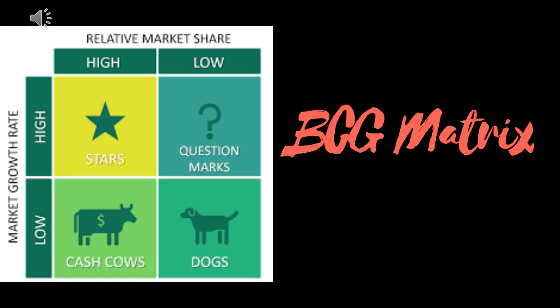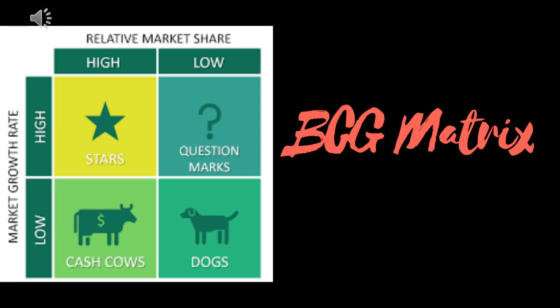What does the BCG matrix do? It basically classifies your organization's products, departments, and divisions into four categories. What could those four categories be? That could be a star, a cash cow, a problem child, or a dog. What do you mean by a star? What's a cash cow? What's a problem child? What's a dog? The BCG matrix plots these products onto a graph where